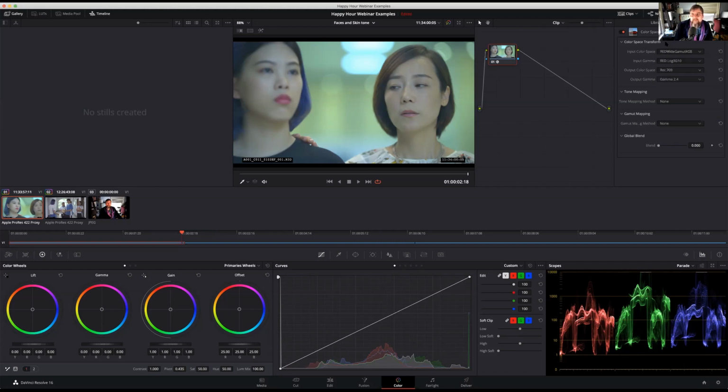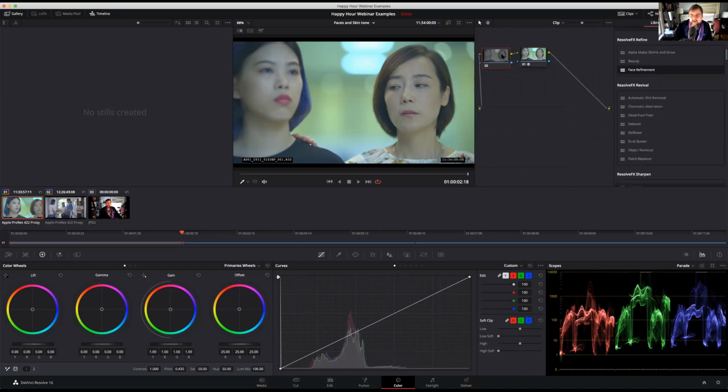So I guess that would be one of my tips: explore the color space transform operation and explore Resolve color management if you're looking for a way to give yourself an automated conversion. And then, of course, because Resolve is node-based, you can add nodes before that operation and after that operation. So if you want to grade using the log controls,